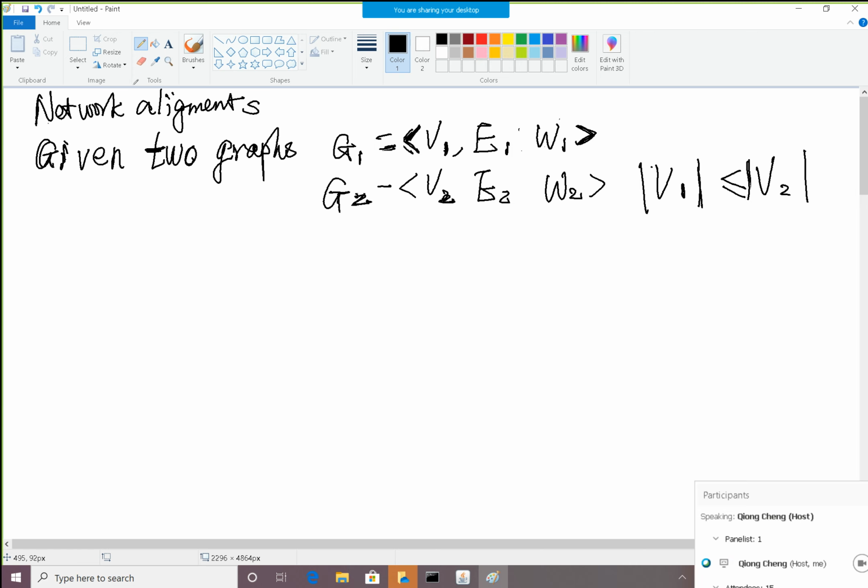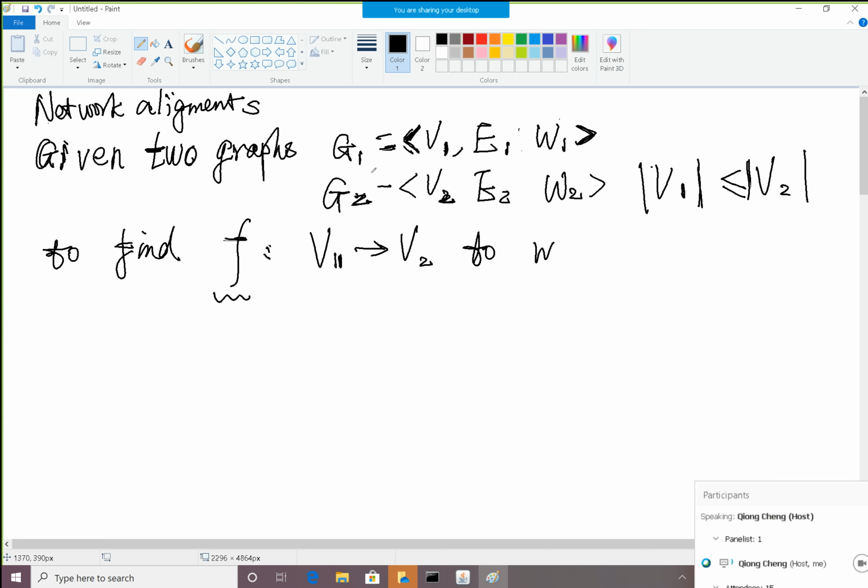And this network alignment corresponds to finding a mapping. When we say mapping, we want to find a function that maps V1 to V2, right? V1 is one set of vertices, V2 is another. We want to find this kind of function. But for network alignment, finding this function is not enough, and usually we find this function such that